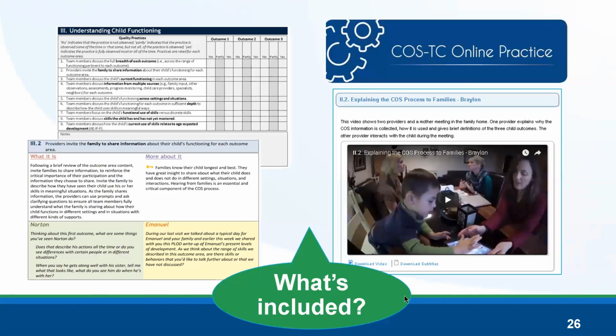The other thing that is included is interactive COS online practice. And here on the right-hand side, it just shows you a little bit of a picture of that. And exciting is that there are some videos. You know, it's never fun to see yourself on video, but boy, videos can be really powerful for learning, for the process of really deciphering how quality practices are implemented, as well as to identify those missed opportunities and what can be done to further enhance practices. I will say in our program, we're also working to use the COS-TC as part of a certification process, whereby providers have to be observed or videotape a COS meeting,